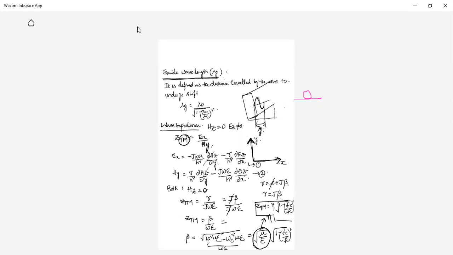So with this, the rectangular waveguide TM mode analysis is over. We will do rectangular waveguide TE analysis. I'll just give the guidelines on how to follow it and how to apply the boundary conditions, because we have done the entire derivation for TM mode. So now I'll just give the instructions, show you how to apply the boundary condition, and you follow those instructions and try to do that derivation.